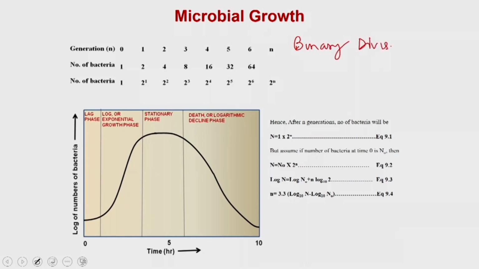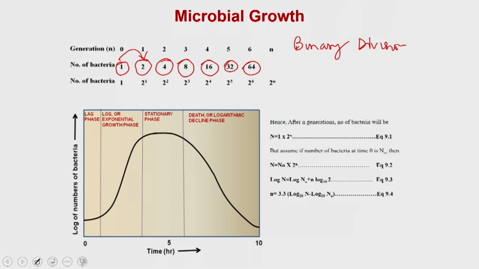What is meant by binary division is, suppose we started with one bacterium, then once it completes one round of multiplication, the bacteria will become 2, then 4, then 8, another 16, 32, 64 and so on, and the time in which the bacteria